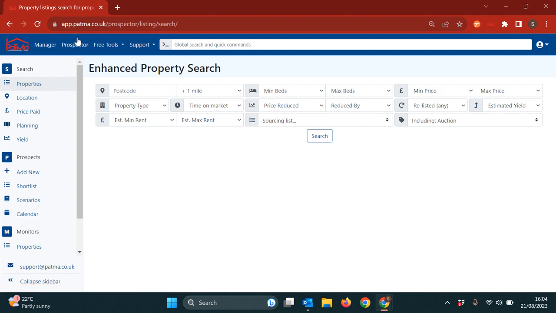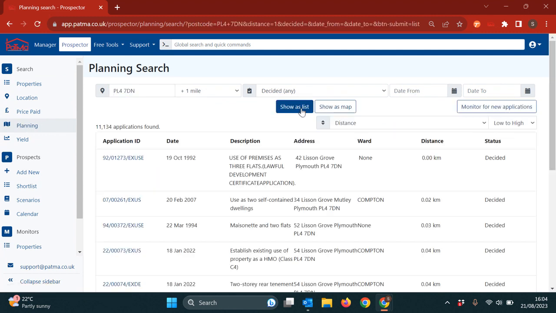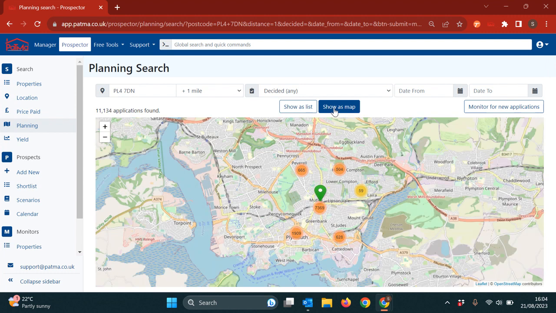So assuming you're logged into Prospector, if you click on planning and we put a postcode in. Now previously you could just look at this list. Now we have a little show as map button. And that does exactly what it says on the tin. Now, immediately as soon as you get this, you can see that my cursor is highlighting certain areas, but you